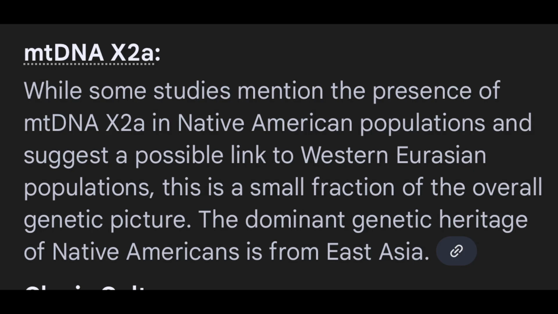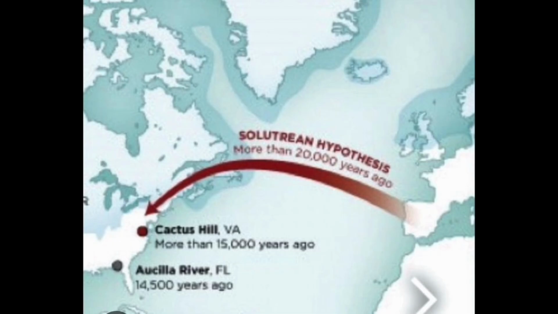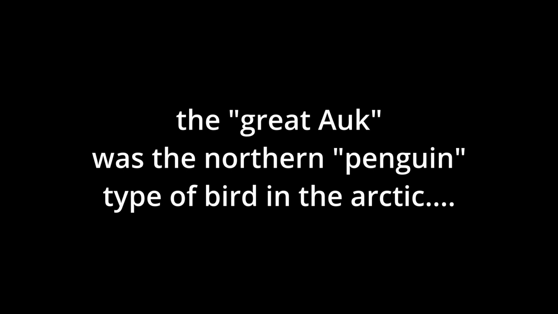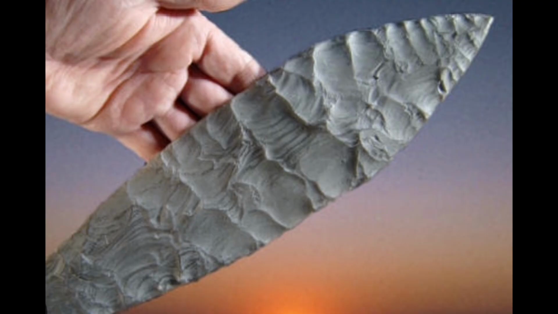Well, what does Clovis come from? Well, it appears to come from the Solutreans. But the Solutreans were Western European people dating back over 25,000 years. And it looks like they had come across, and they were the ones fighting mammoths and stuff on the old world. But then, due to the ability of eating seals and what's known as the great auk, which was the penguin, which are supposed to be only in South America, are actually Antarctic, below South America.